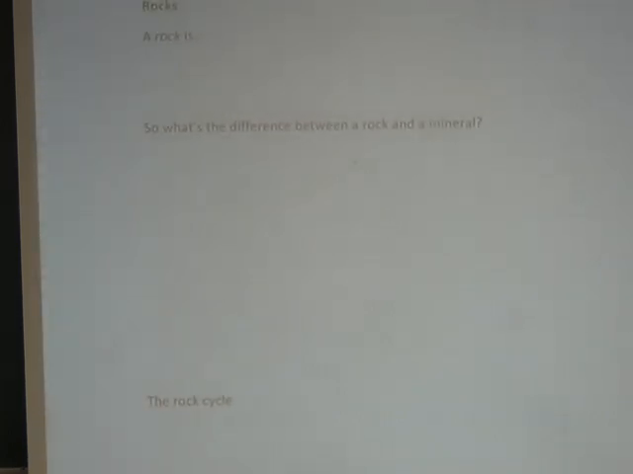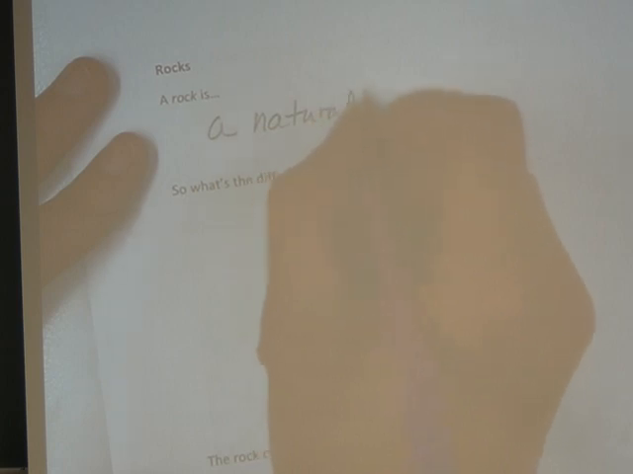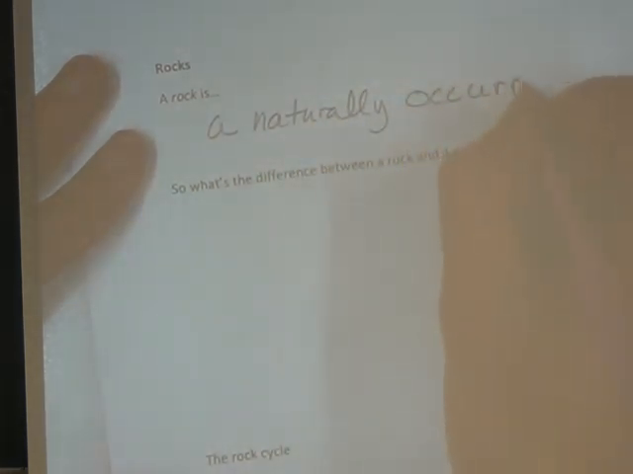So let's rock some rocks. We'll do this as the last few bits up until the end of class. Now we've already talked a little bit about what makes a rock. We've already built part of that definition. What is a rock? A rock is what? A naturally occurring solid. Excellent. So a rock is a naturally occurring